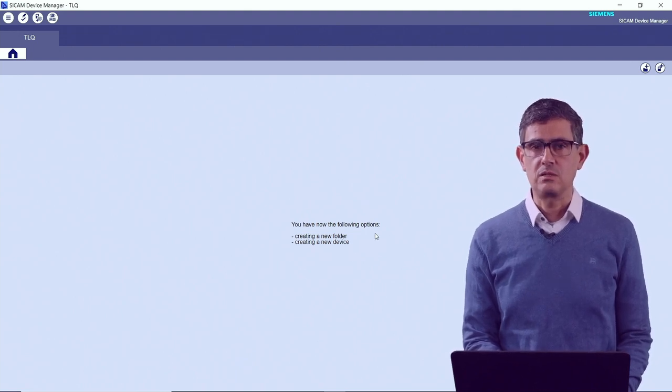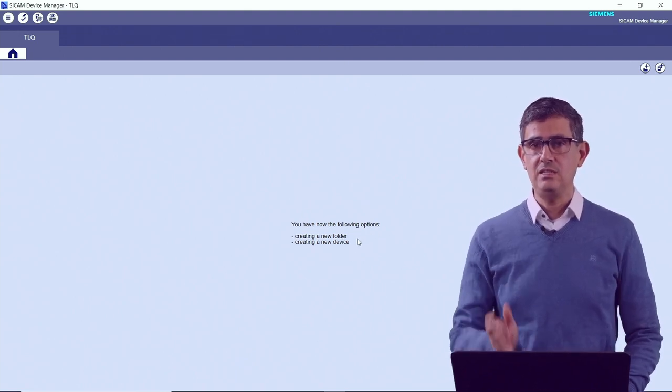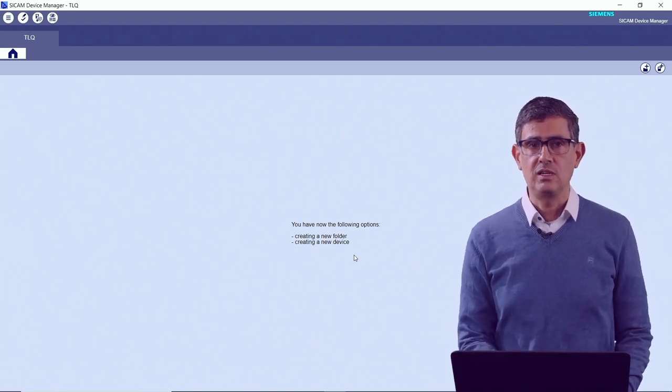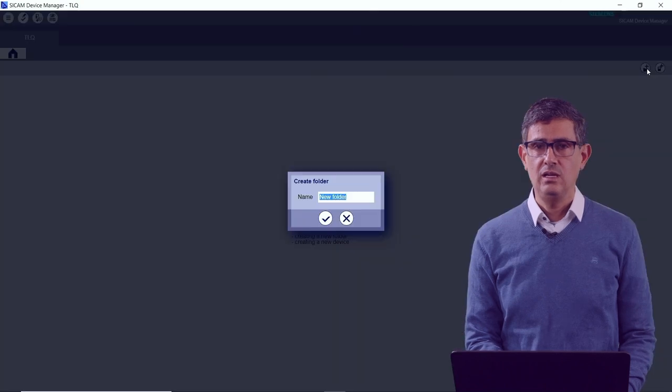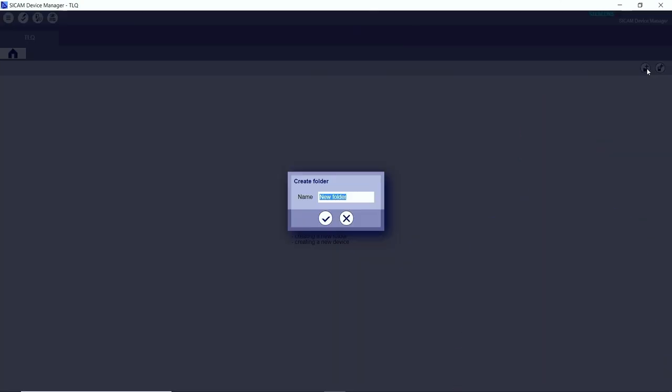You have two options. You can create a new folder inside of your project or a new device. You can see in Device Manager that you are in the TLQ project. Here we need the home of the project. If we want to create a structure of folders here, we create a new folder through the button Create Folder here. We click here and we can select if we want to organize our signals, our RTUs,